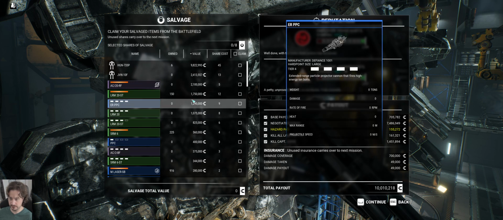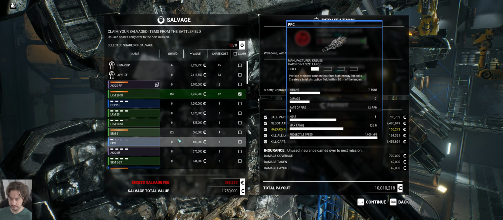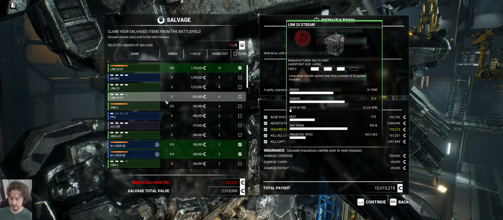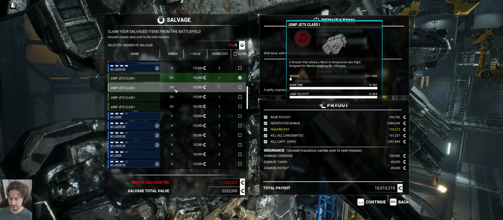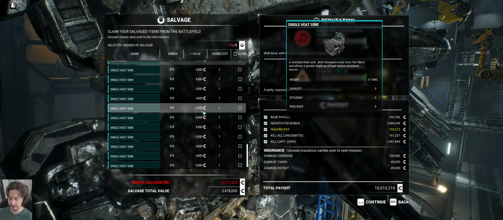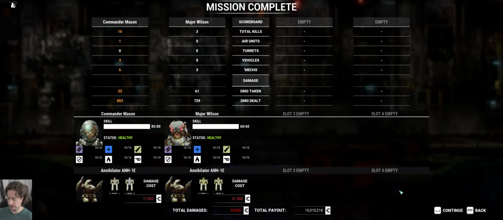I don't think much to pick. Actually, I will buy this one. These three versions are kinda rare. I have plenty of money. These class 1 jump jets are somewhat rare. Yeah, let's go like that. Okay, so